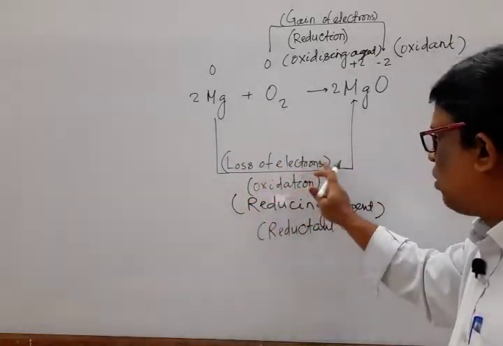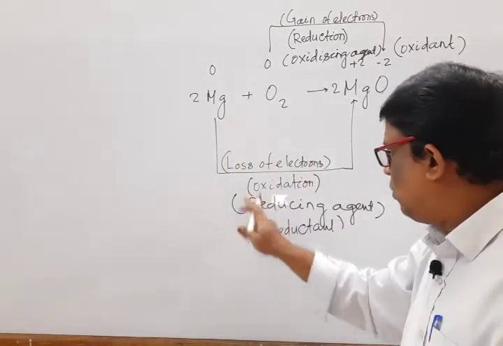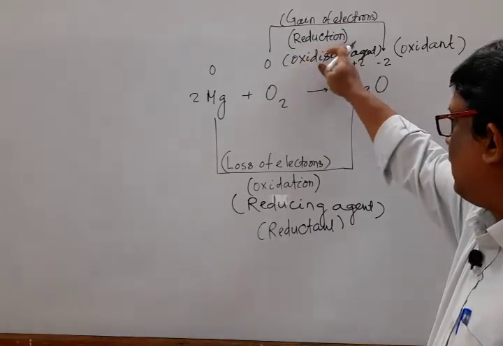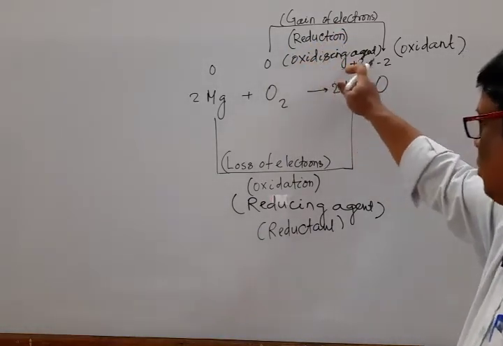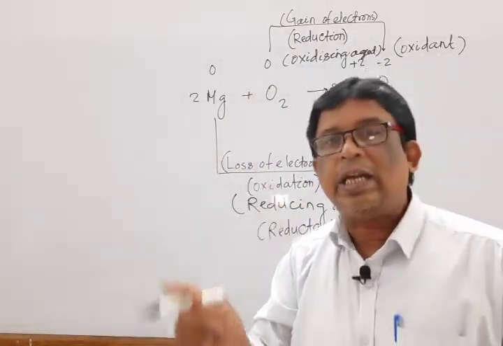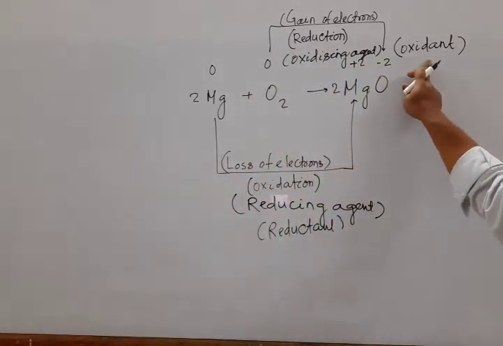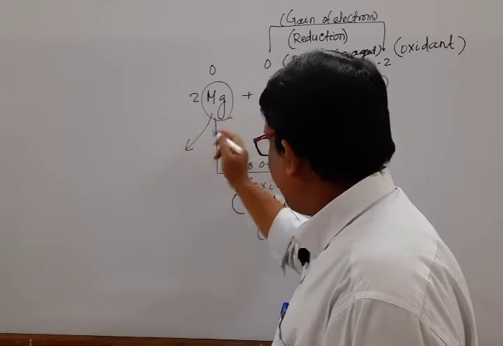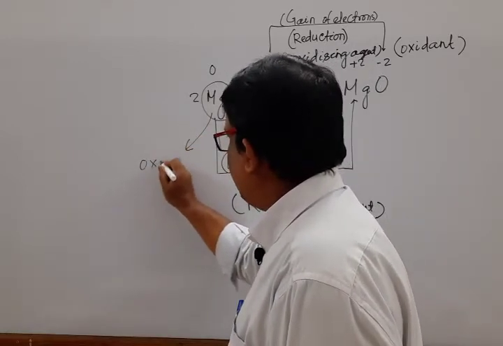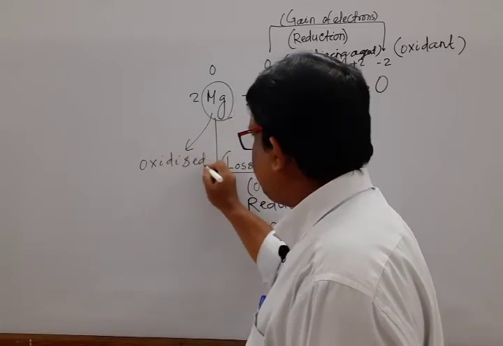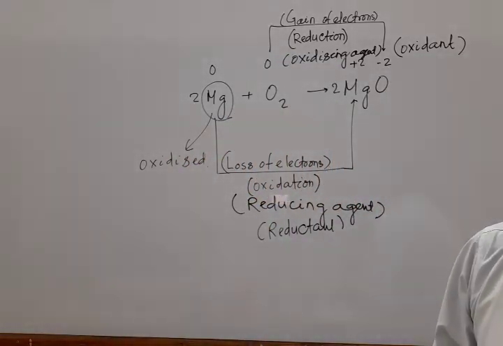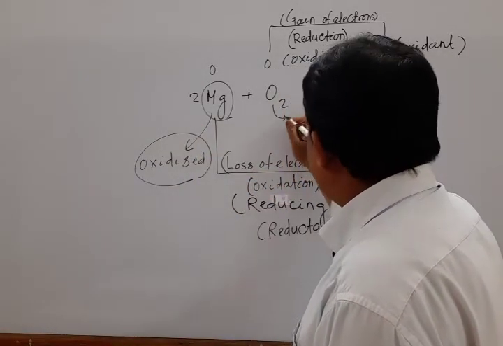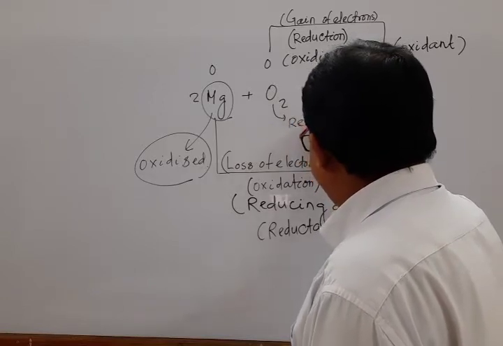So here it is a loss of electron known as oxidation and itself is known as reducing agent or reductant. Here the process, gain of electron, that is reduction. That means it is also known as oxidizing agent, that indirectly helps in oxidation, or it is known as oxidant. So here as loss is going on in the case of magnesium, we say that magnesium is oxidized. Here we write magnesium is oxidized. Similarly, as reduction is going on here, we say that in case of oxygen it is reduced.